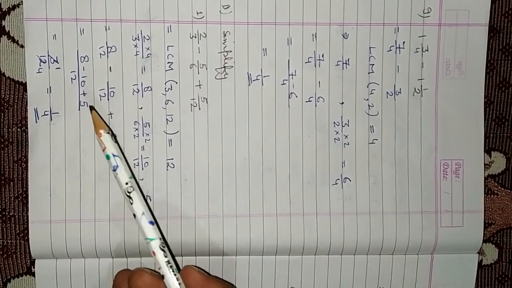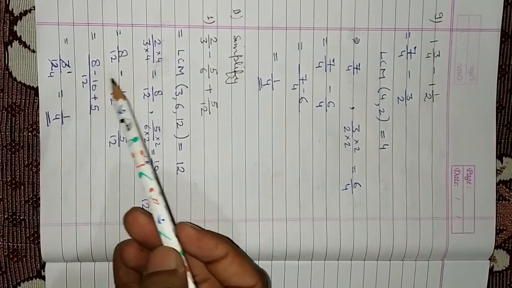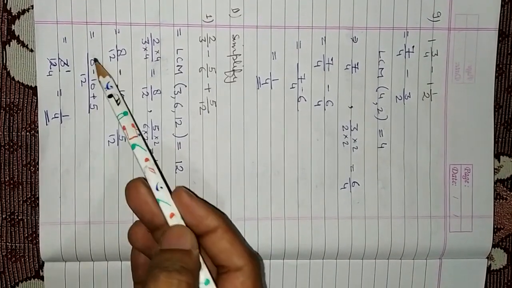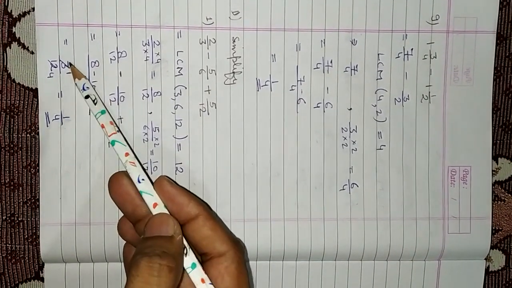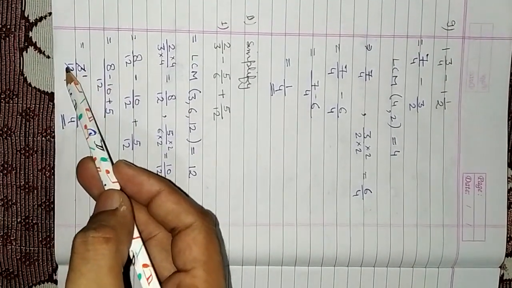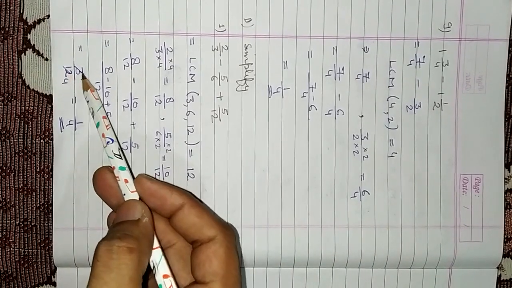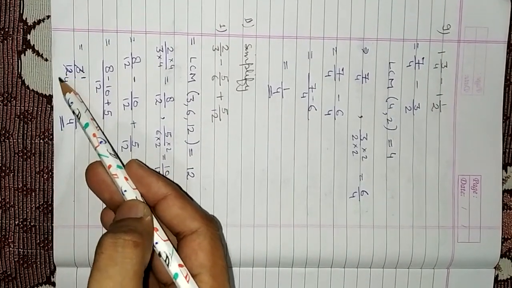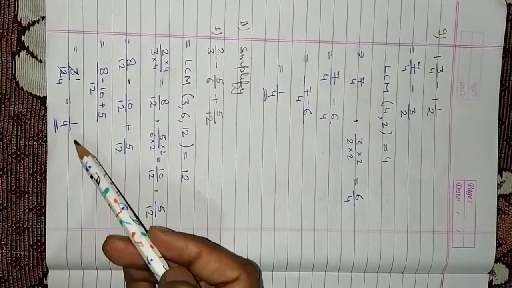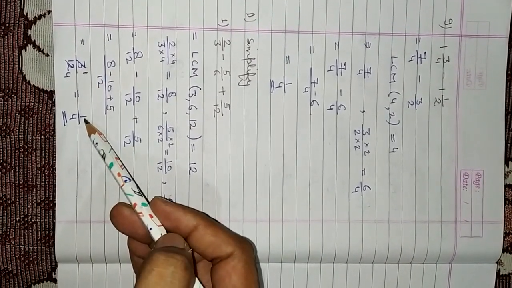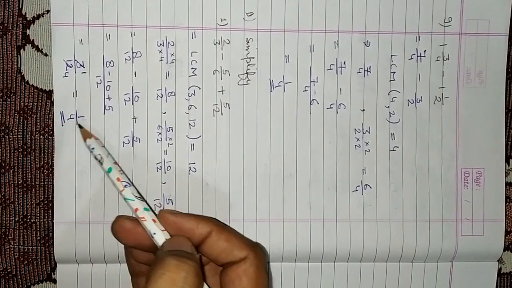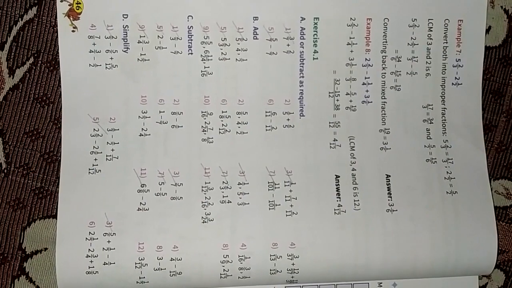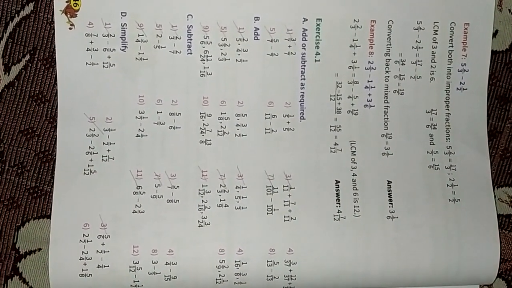After making the like fractions, we just have to subtract and add. 8 minus 10 plus 5. First add the positives, 8 and 5. 8 plus 5, 13. 13 minus 10, 3. 3 by 12. Now we can simplify this fraction because there is a common factor in both the numerator and denominator, 3. 3 1s are 3, 3 4s are 12. So the numerator is 1 and the denominator is 4, 1 by 4. Now try the other parts yourself. Only odd parts of all questions in your notebook.